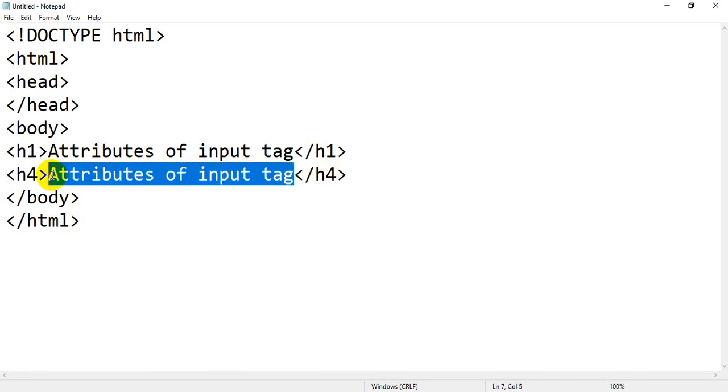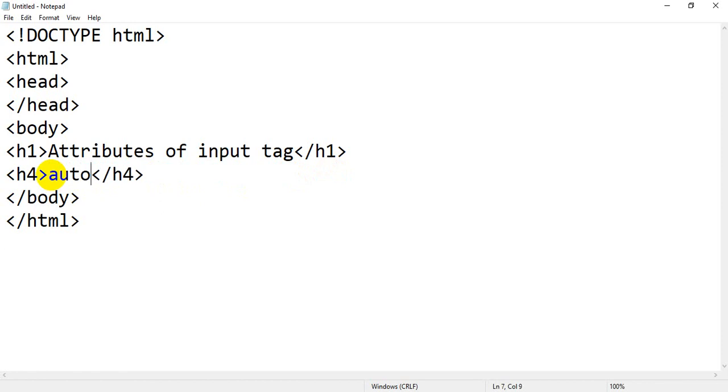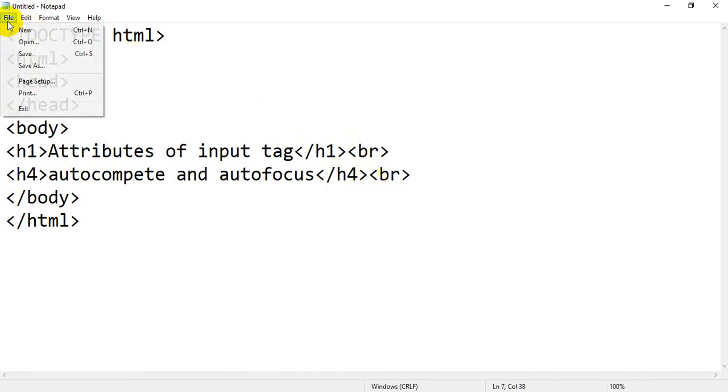I will write autocomplete and autofocus. Now I will add one BR to break the line. One more BR. Just save the file.